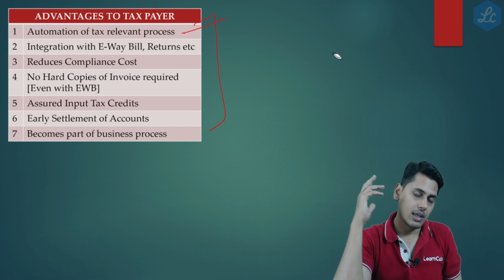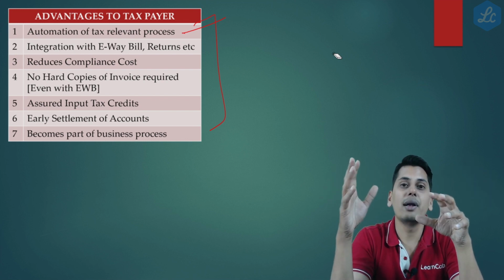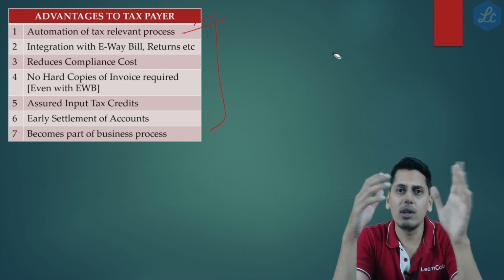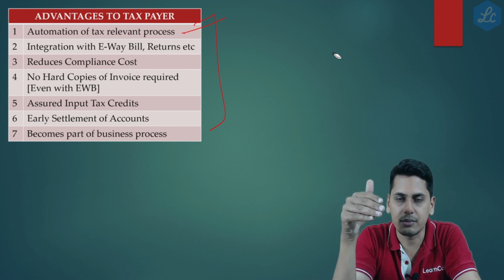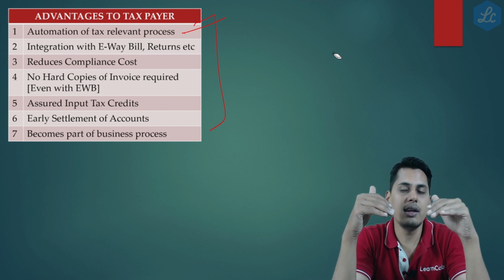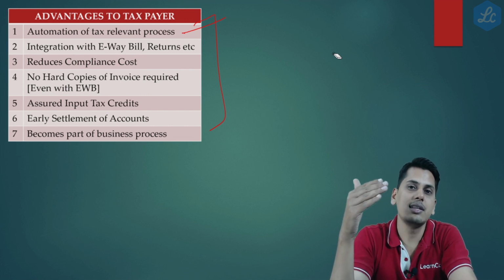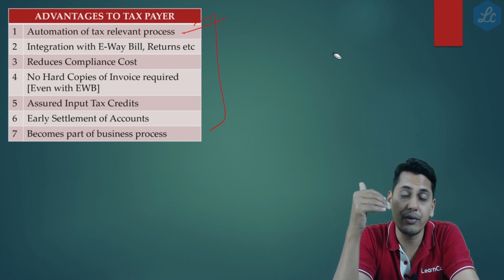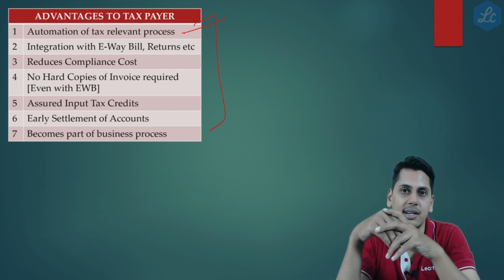And also friends, it is easier to clear the pending bills of this particular invoice. Now suppose, when an e-invoice is raised, it goes and sits in the GSTR 2A of the recipient. Now friends, in this case, the recipient is in a position to be assured of the input tax credits which are there.